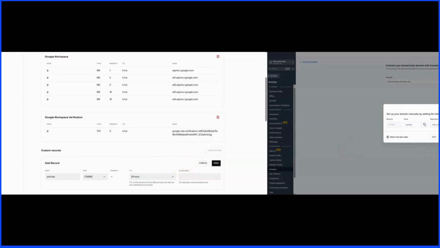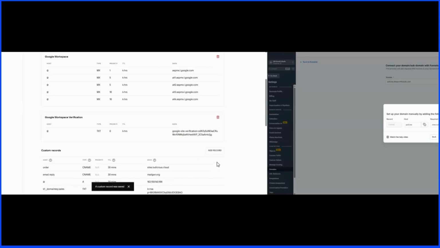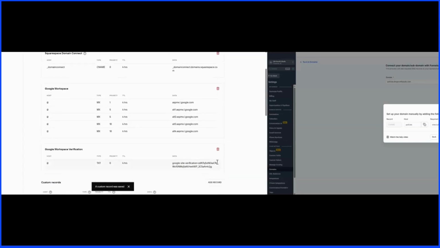And then our required value, again, we're going to copy that, and that is going to go under alias data. All right. And so just like that, we've got our new CNAME, we've got our host, which is policies, and we've got our value, which is our alias data, and we're simply going to click save. And once we do that, we'll give it just a moment. I'm just going to pause it here while it refreshes, and then we'll go back over into HighLevel to